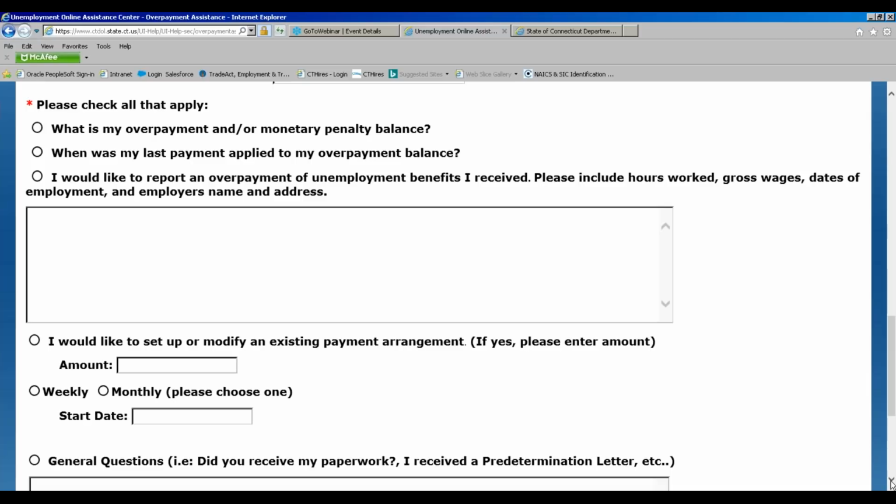Again, our work week, our payment week goes from Sunday to Saturday. So it's during a particular week. So you're saying for the week ending April 4th, I worked for ABC Company. I worked 10 hours and I made $100. That is the kind of information that we're going to need in order to review and process that overpayment. You will get a letter in the mail explaining what the overpayment is, and that would be sent out to you shortly after we conduct the audit.